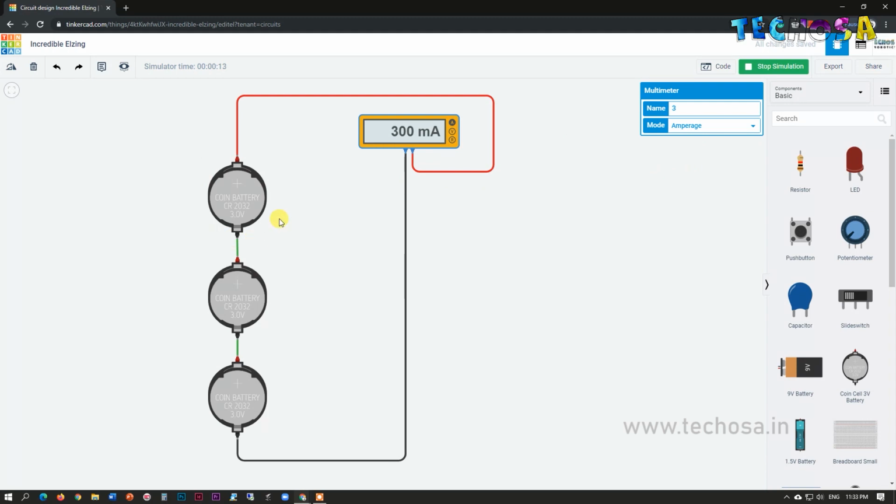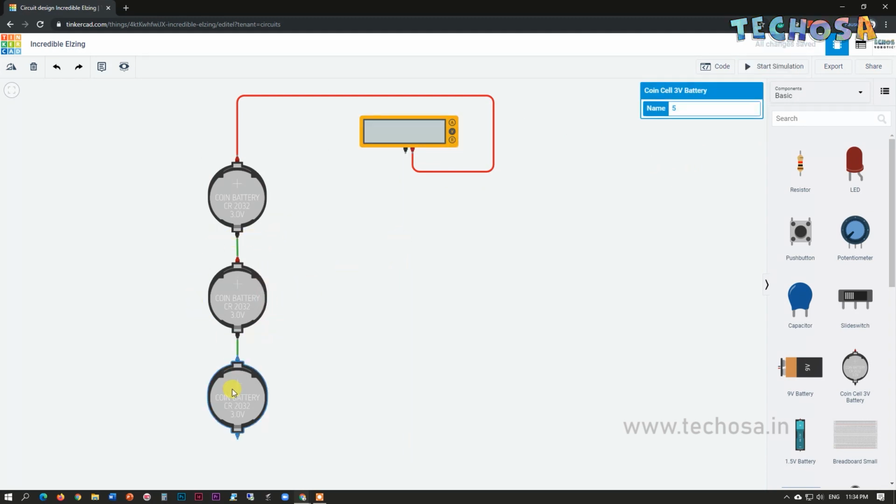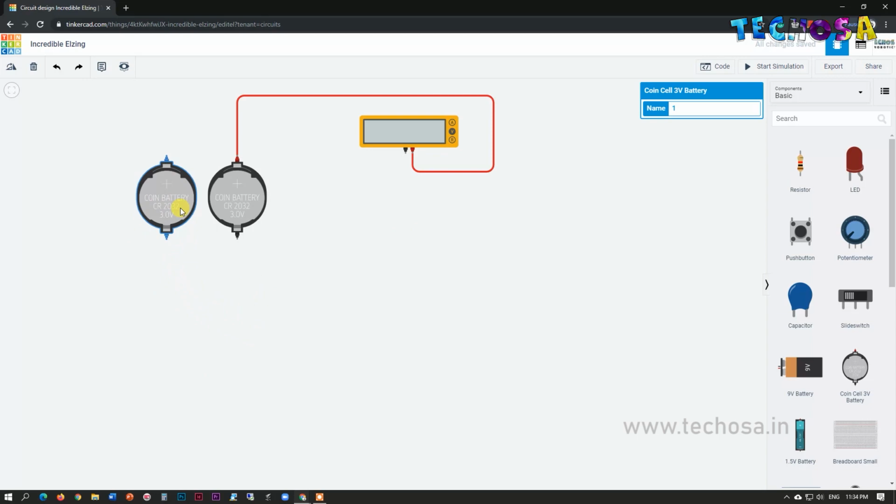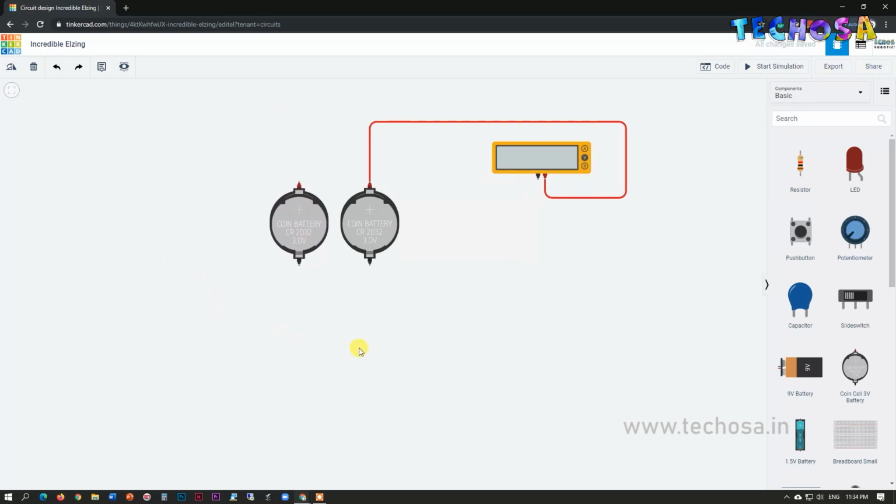Now let us think of increasing the current. So remove one coin battery and this wire connections. Now place this coin battery here and connect the negative terminals and positive terminals together. So connect the positive terminal of second coin battery to the positive terminal of first battery. Now connect the negative of coin batteries together.